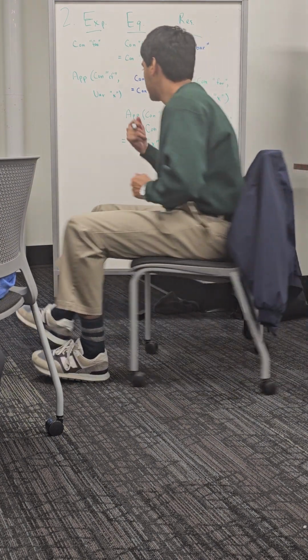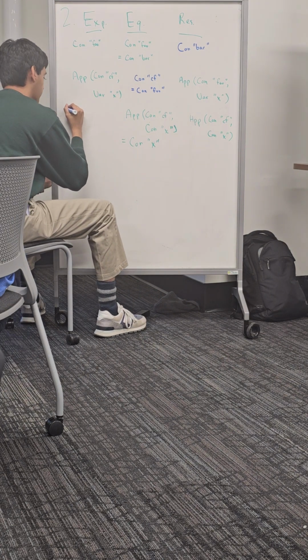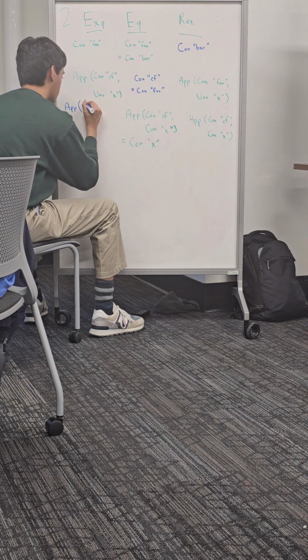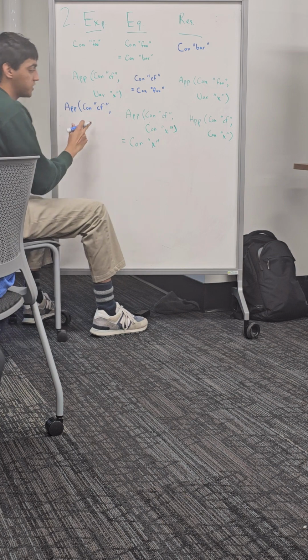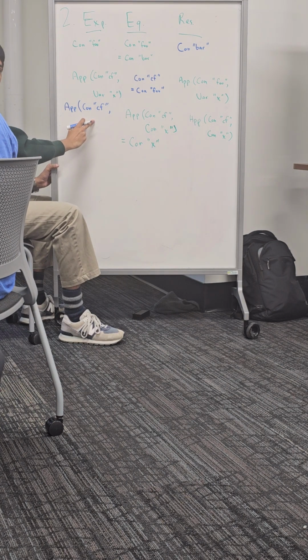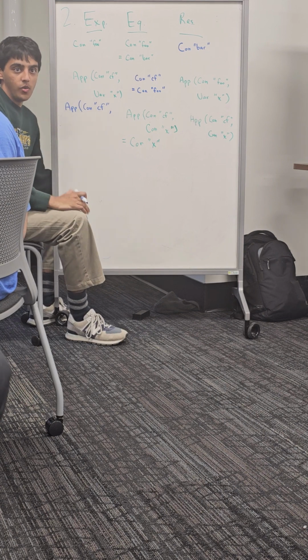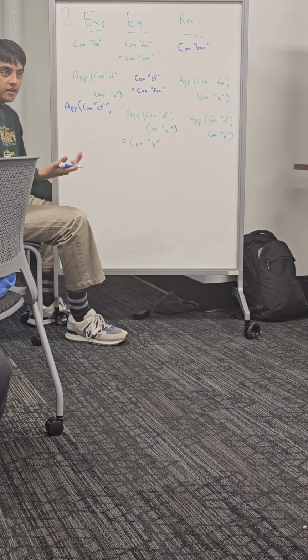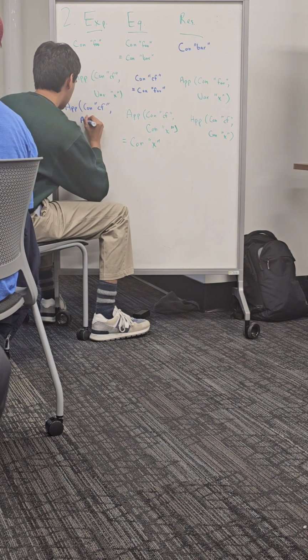So what we can do is, we can just say, okay, this is, so this is the first argument, right? Just con CF. And the second argument, because we know an application is two expressions joined together, the second argument can also be an application. So we can just write